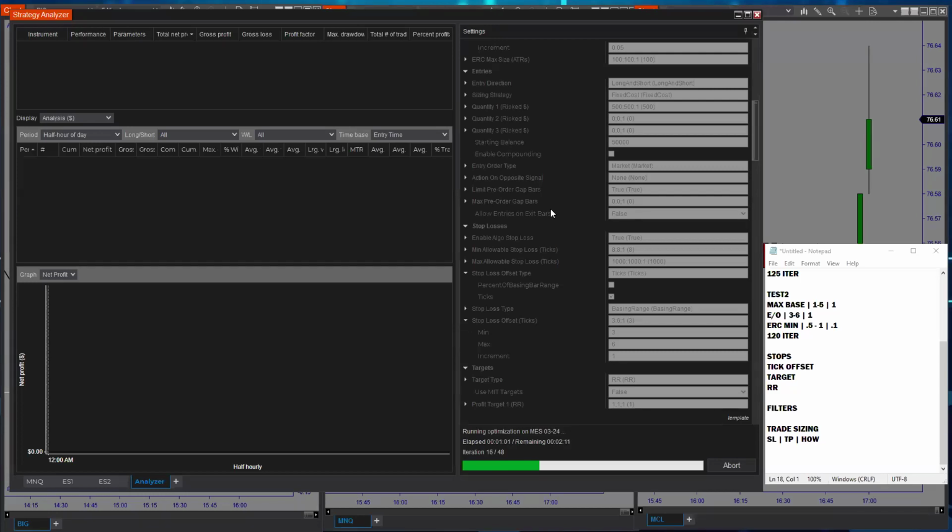I don't know enough about Heikin-Ashi and all the other stuff. I've never traded that before in my life. So I don't know on those, but